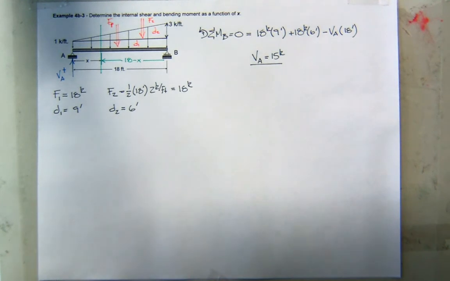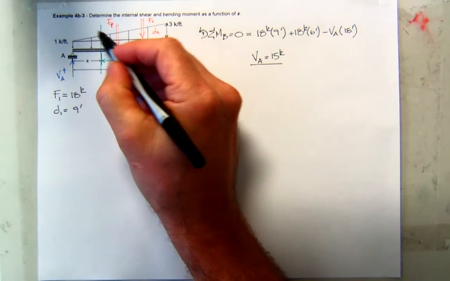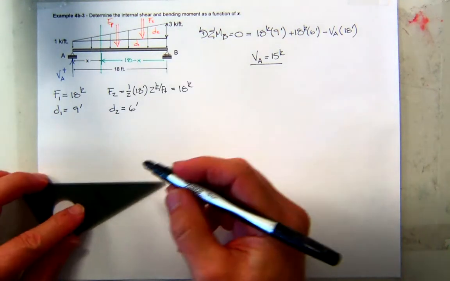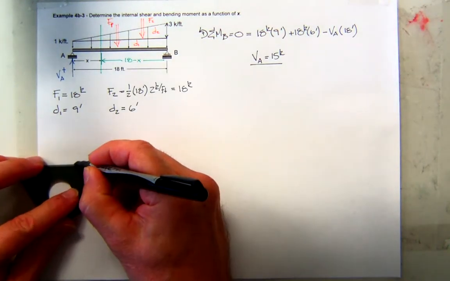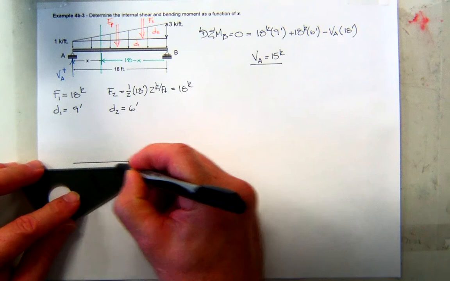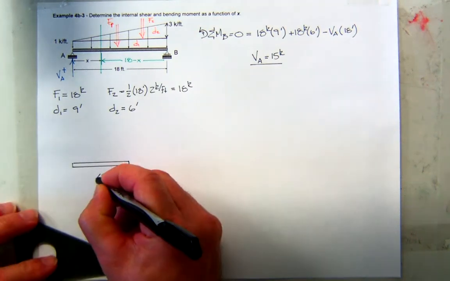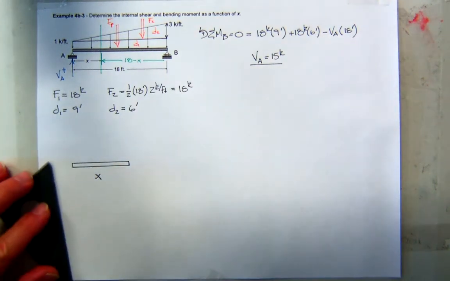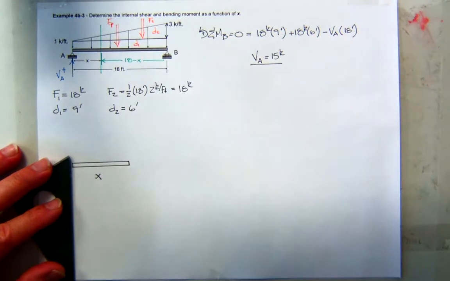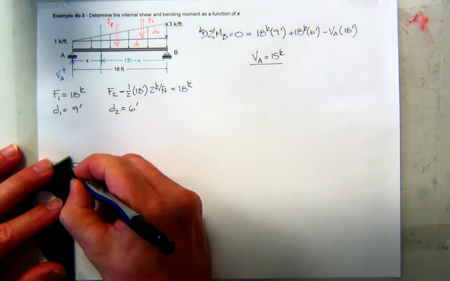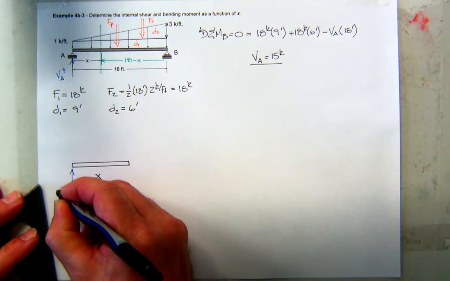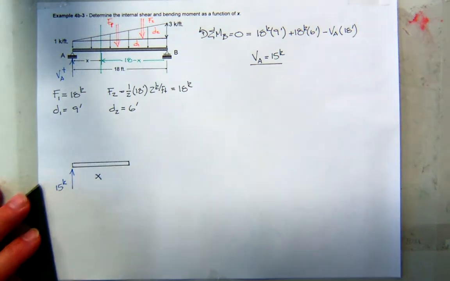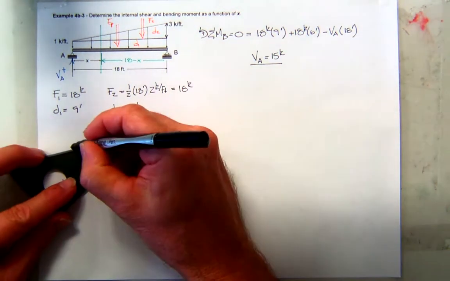All right, so what do we do next? Are we done? We can be if you like. But I don't think we are. I now need you to draw a free body diagram of this left-hand side. I'll make it kind of big so we'll have plenty of room to see it. So that'll be at some length X. We just found the shear force. What was it? 15. And now I've got to deal with